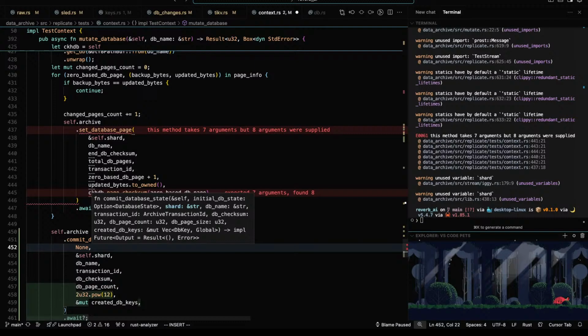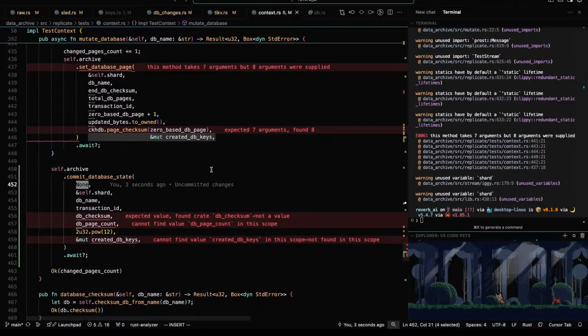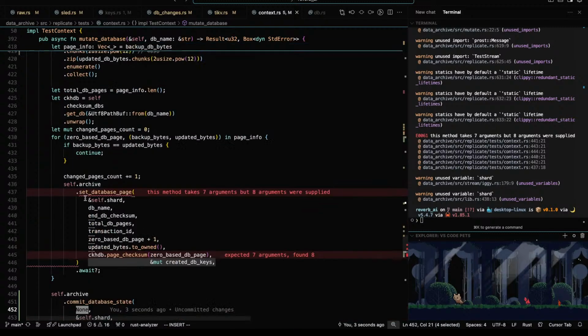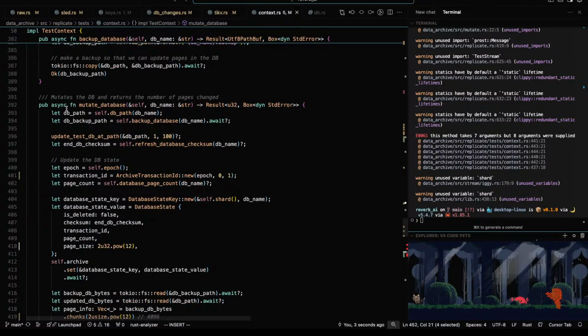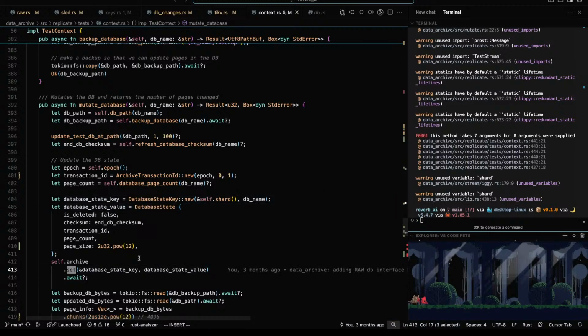Now, this one's a little bit different in that I can't use none here, because we're looking to change the existing database, so we have to get that first. In this case, we're calling set instead of compare and swap.